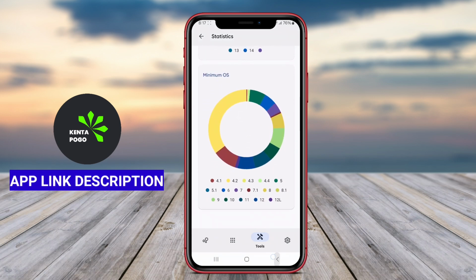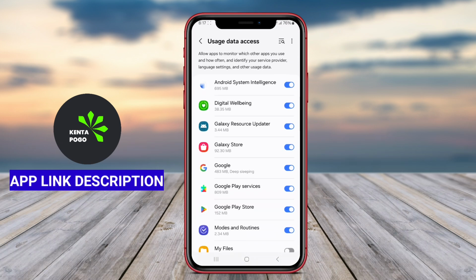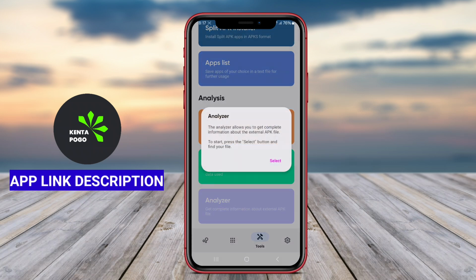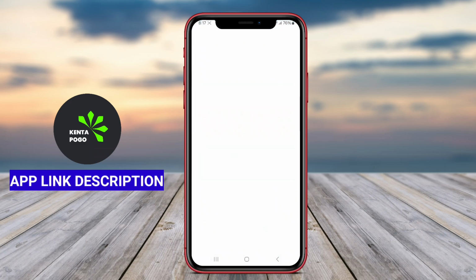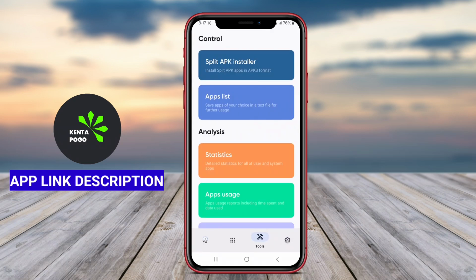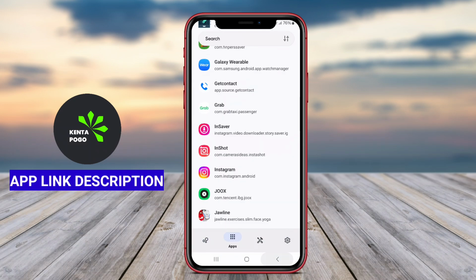Users can easily uninstall unwanted apps, move apps to external storage, or clear cache and data to enhance performance. The application often includes tools for batch management, enabling users to handle multiple apps simultaneously, which can save time and streamline processes. Additionally, Apps Manager may offer insights into system apps, allowing users to disable or manage these applications to